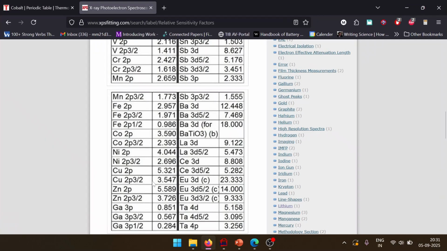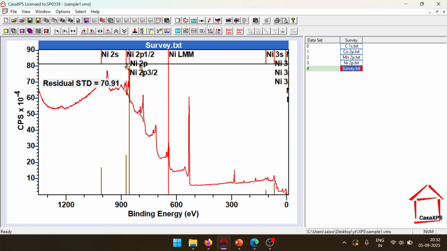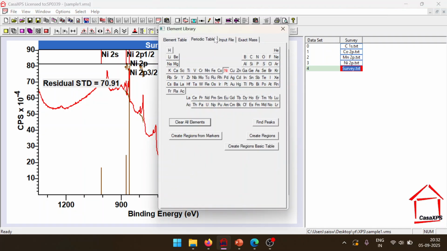Again check in the database, NI2P is 4.044. Then zoom out, do the same for manganese also,